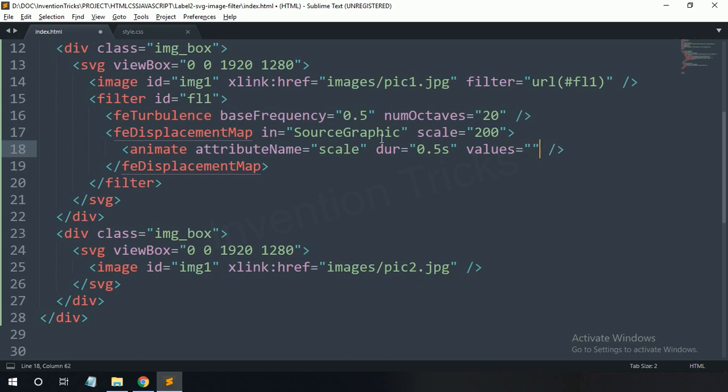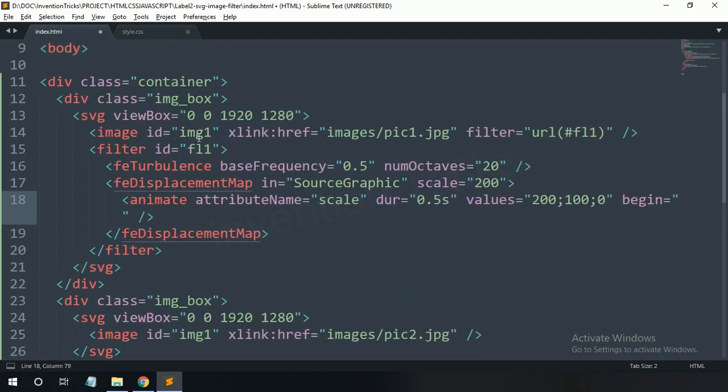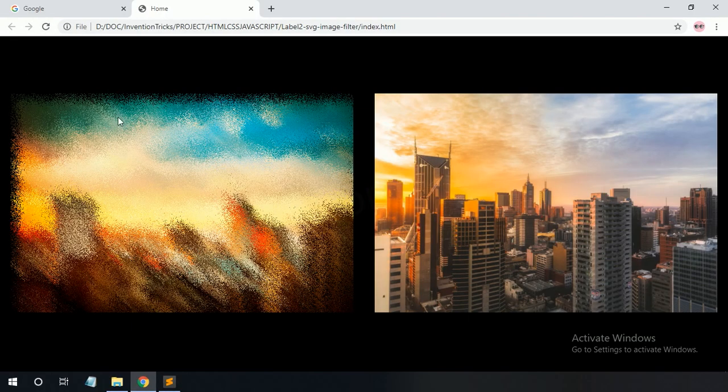Values equal to 200, 100 and 0. For begin, add this image ID with mouse hover effect. You can see this effect on mouse hover.